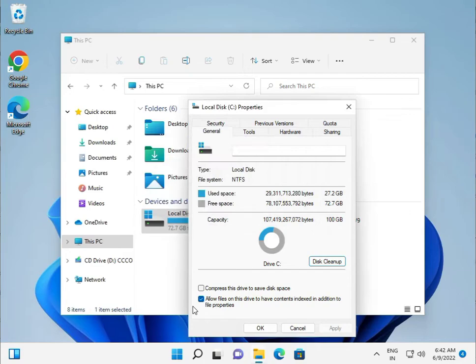Sometimes the update fails because the last update's temporary files are saved on your C drive, so the latest update is not downloaded and installed. That's why you want to remove the previous update's temporary files. So okay, and then close,